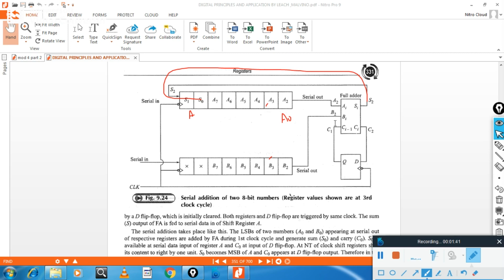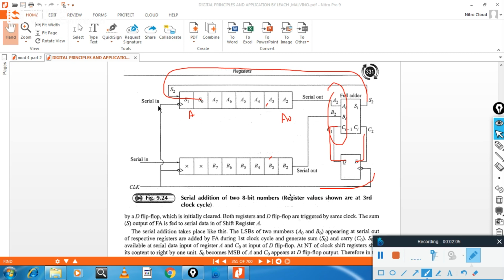When it adds A and B, if a carry is generated, that carry is fed to the D flip-flop. In the next clock, the output of the flip-flop is nothing but the carry that is added along with this one. So this is the advantage of the serial adder.